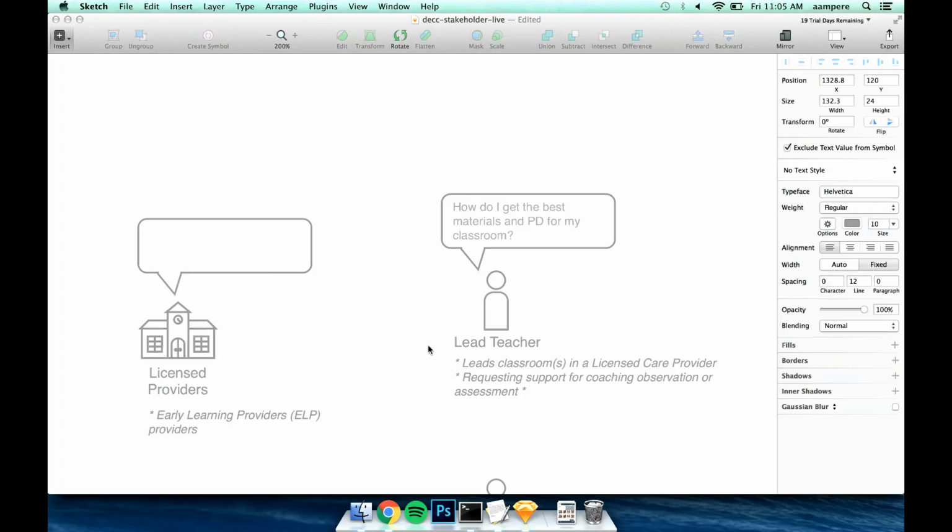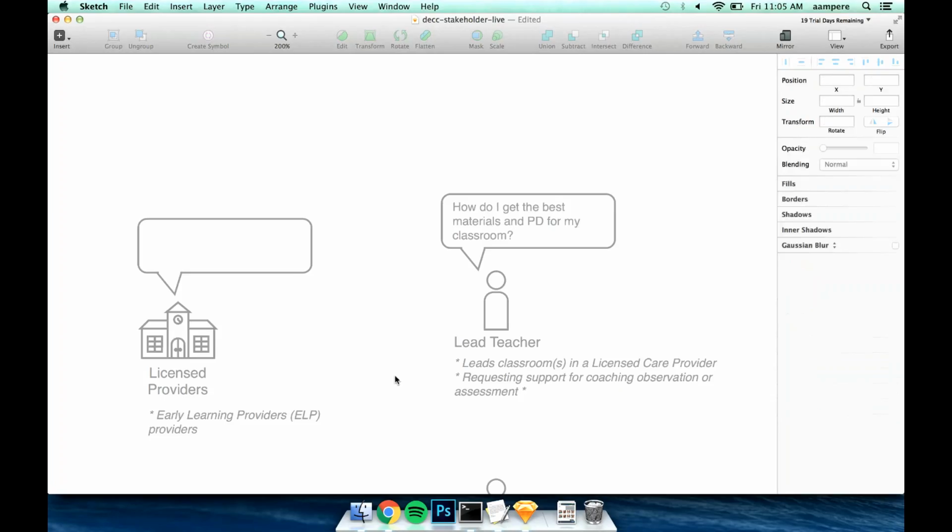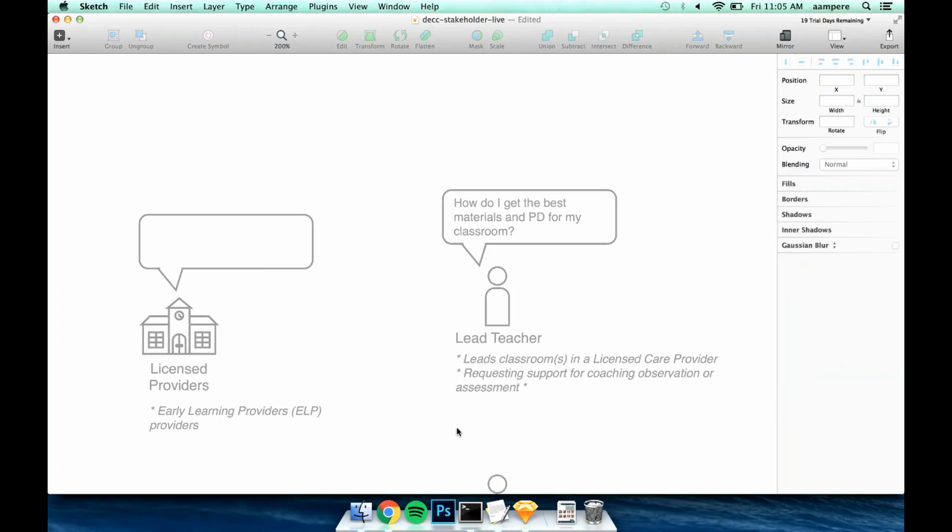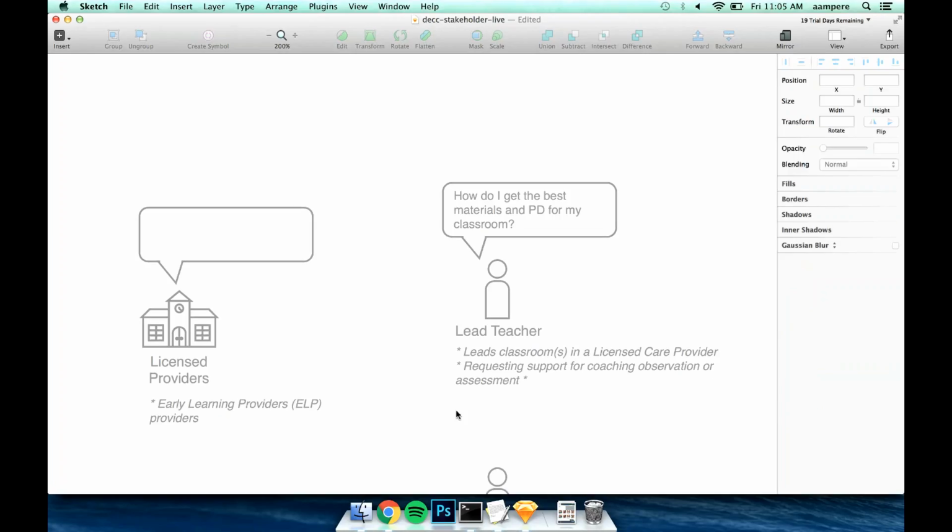We need you to speak up. Yeah, I think it's accurate. I think it's also important for them to know what they're supposed to do and make it easy for them to know what they're supposed to do. I think our coaches would like EC Connect to show what they're coaching the lead teachers on doing, if they're working on hand washing or whatever, so that the lead teacher and the director can see what they're supposed to do in EC Connect.